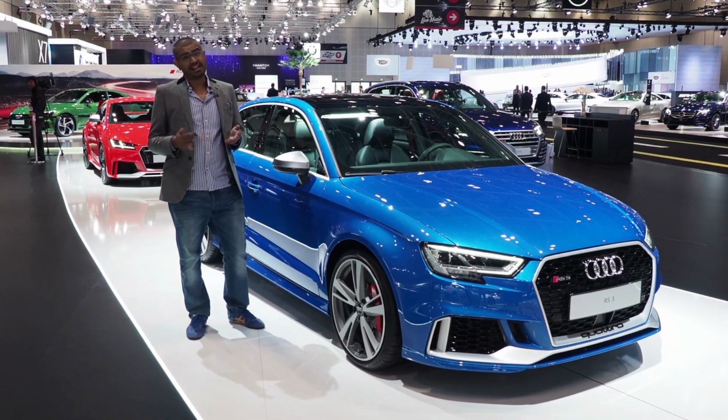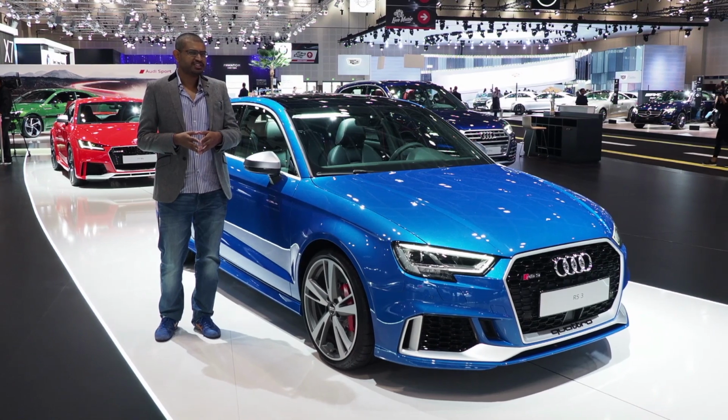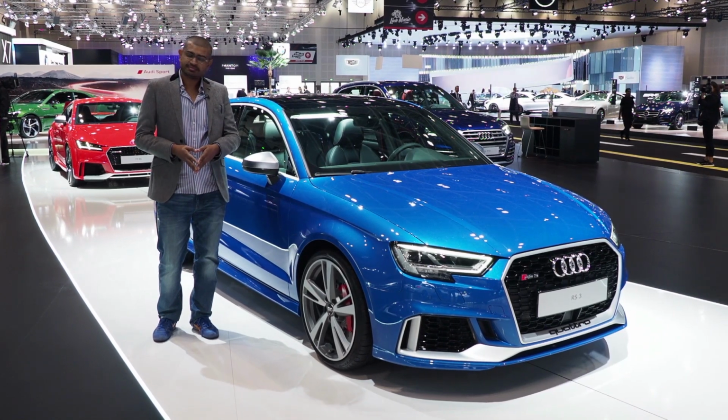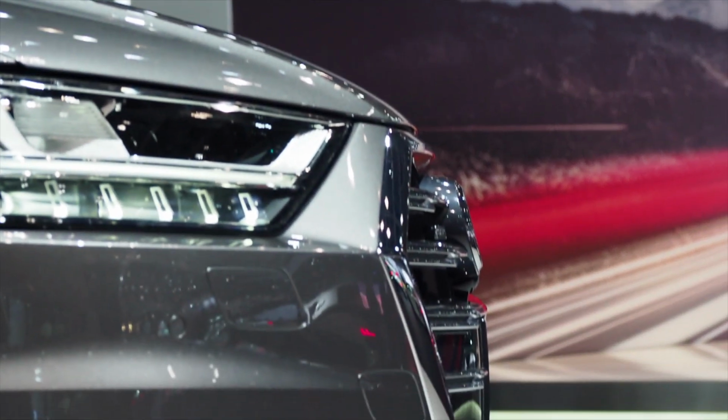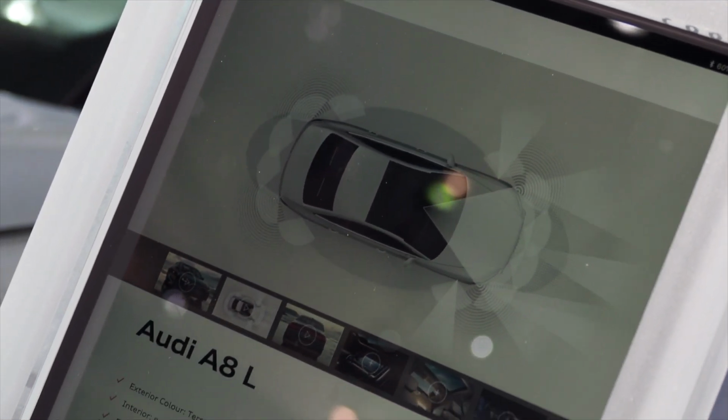We're at the Audi stand in Sheikh Zayed Hall where the big news is their flagship A8 super sedan. If it's good enough for Tony Stark, it's good enough for Shahzad Sheikh, who's here to tell us all about it. Shahzad? Now the big star on the Audi stand is this all-new flagship A8 saloon, quite possibly the cleverest